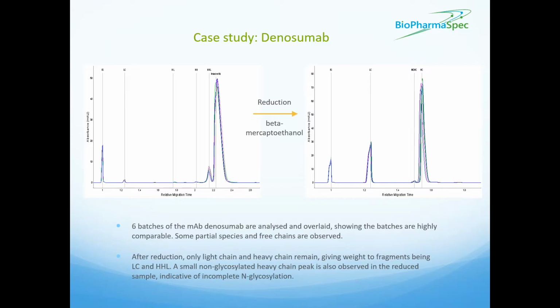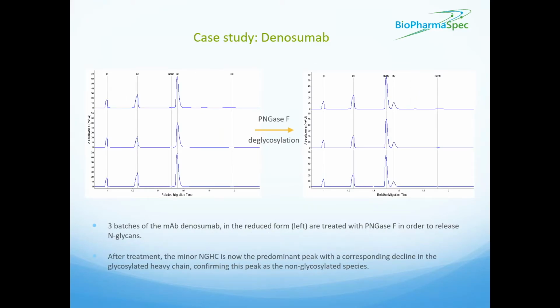You can also see, just to the left of the heavy chain, is another small component, and that is potentially a non-glycosylated heavy chain. It's the heavy chain of a monoclonal antibody that carries the glycosylation, and there could be a small amount that has not been glycosylated during the biosynthesis of this molecule. Now, in order to confirm that, we can take these reduced components and carry out the de-N-glycosylation using